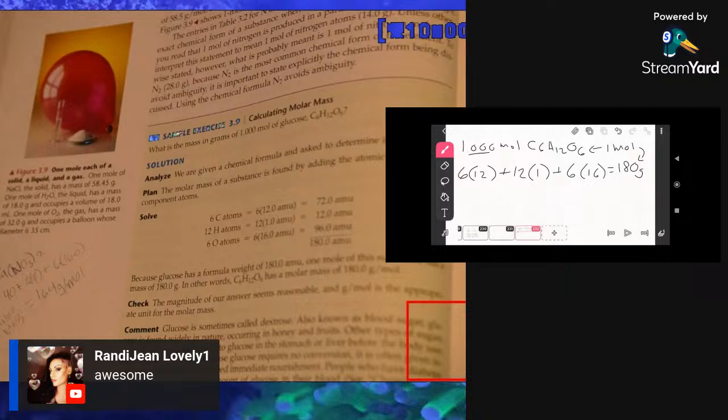Okay, so we got one mole of glucose is equal to C6H12O6, right? So 1 mole of glucose, let's put moles, is equal to